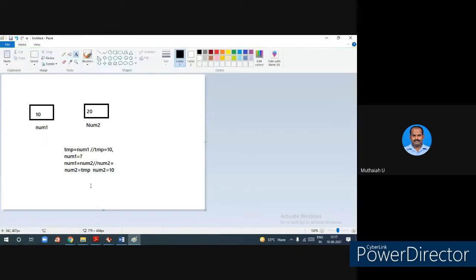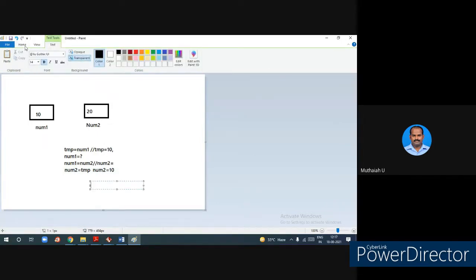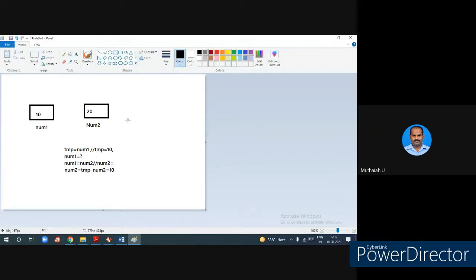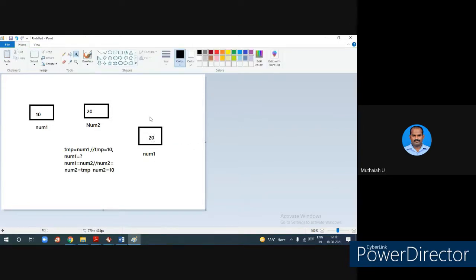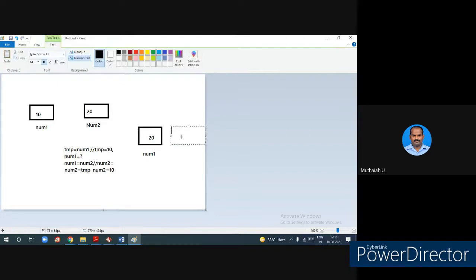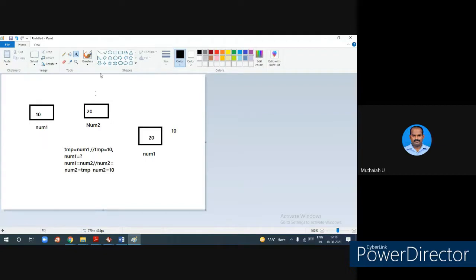Is it swapped or not? It is swapped now, right?